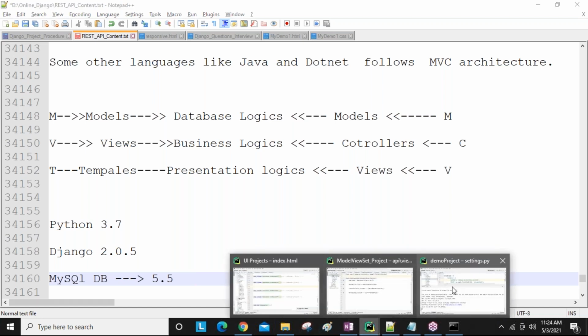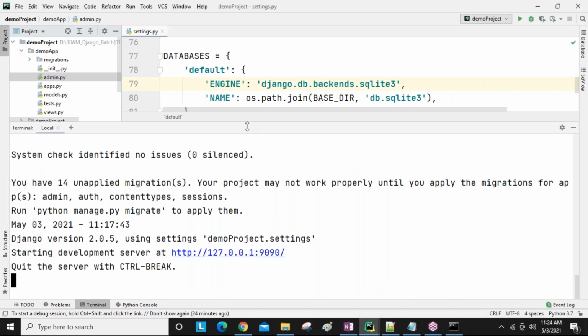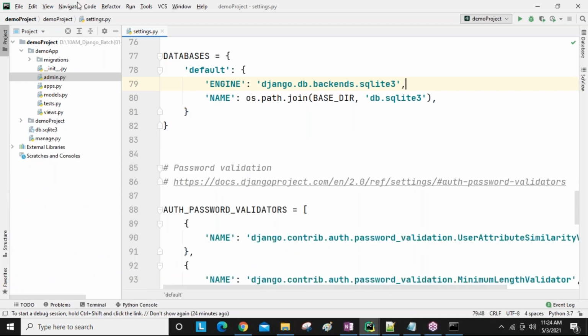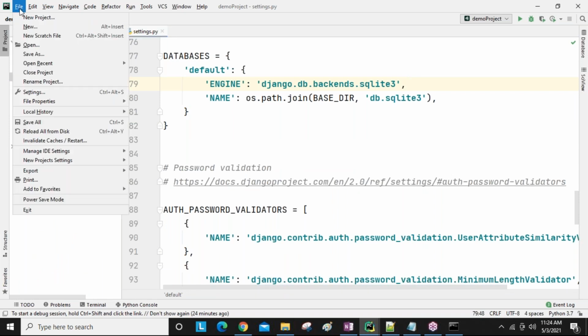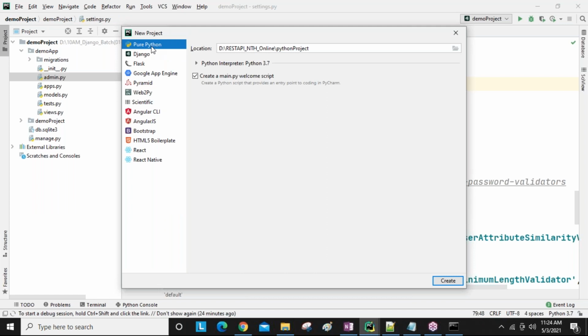Yes, sir. This is the first time, guys, so right now I did not develop the program. That's why I didn't explain it right now. The next session I have all this planned. In PyCharm, after opening it, we need to add our Python environment variables, guys. Click on this File, and whenever we are going to create a project, I simply create a new project. Here pure Python is there by default.